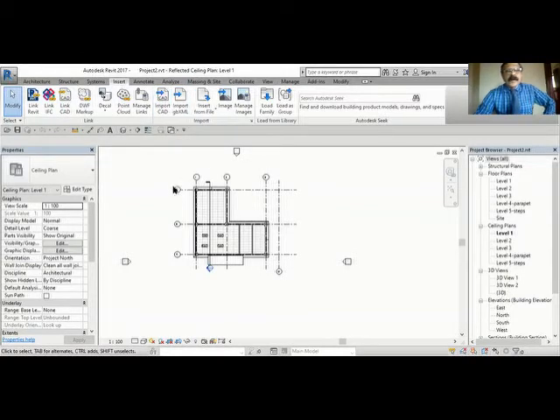Suppose you have a drawing in AutoCAD and you want to create a 3D model for that. What you will do is bring that AutoCAD drawing to Revit, either link or import, and you can create the 3D model there. So that is the advantage of bringing import and link. So the difference between link and import is that